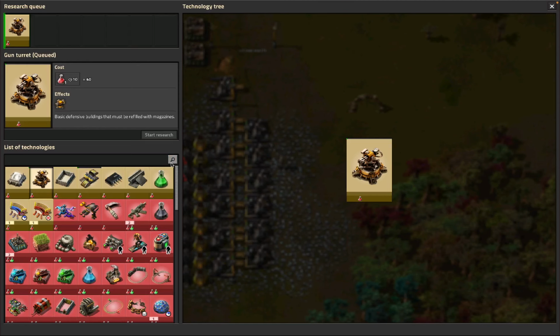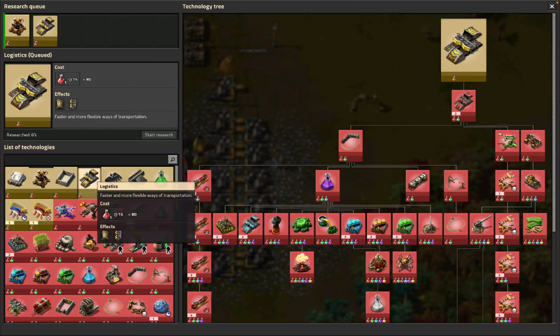Okay, so military's done. Yeah, we're on to that. Then we're on to logistics. Sure, things that are going to be useful. Give me all of this stuff. Do I have one? Cool. Yeah, because we need...